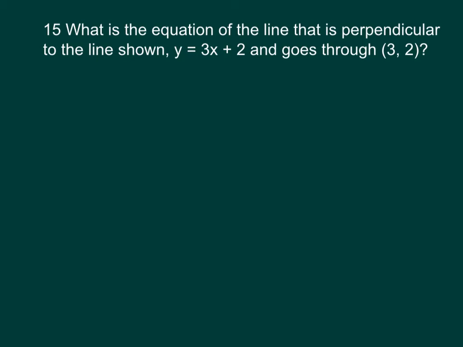We don't really need to use the graph for this because, like the previous question, we know that anything perpendicular to y equals 3x plus 2 will have the opposite inverse slope. So the opposite inverse of 3 is negative 1/3. So using the slope-intercept form, we know that y equals negative 1/3 x plus b. We know that the line that we're looking for goes through 3, 2, so we can just plug those in